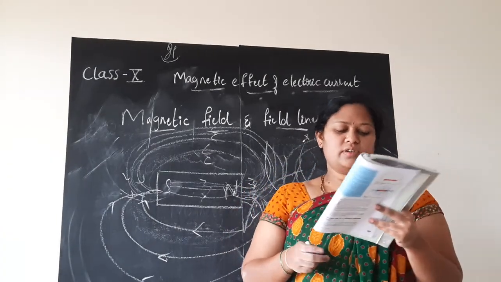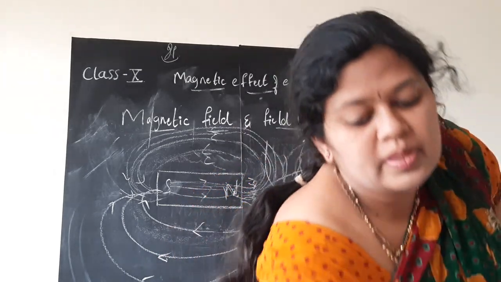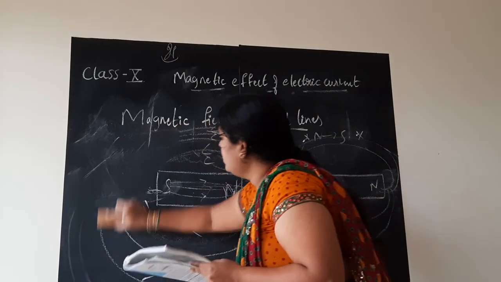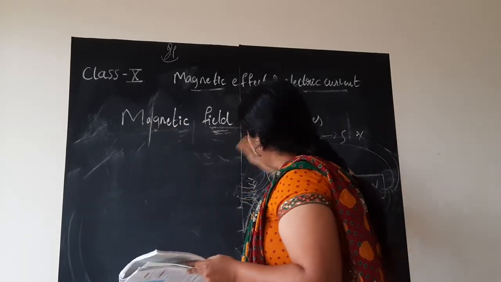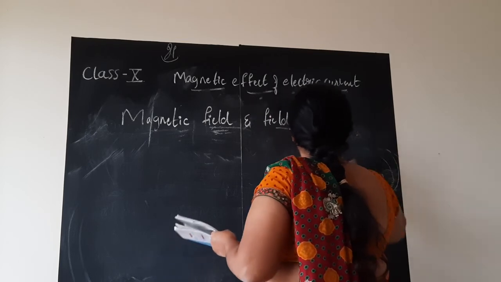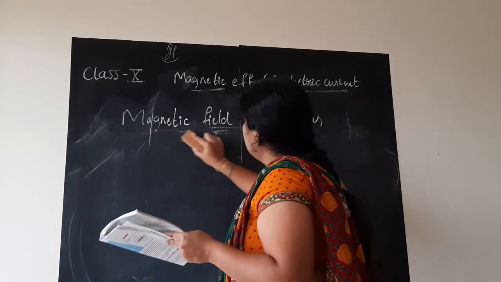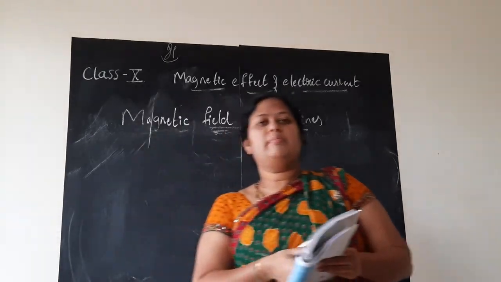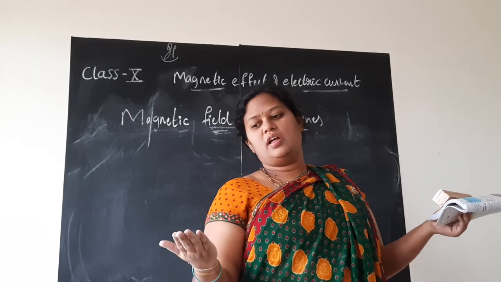Now we shall study about this bar magnet. Take a small compass and a bar magnet. They are telling us to take one small compass. I will show you the magnetic compass, children. One more point I want to tell you. Whenever we see the magnetic compass, children, it will always show the north-south direction only.